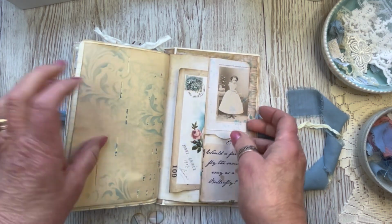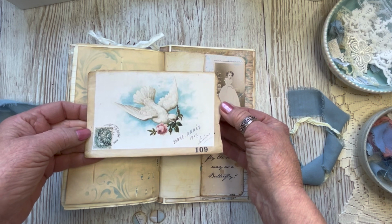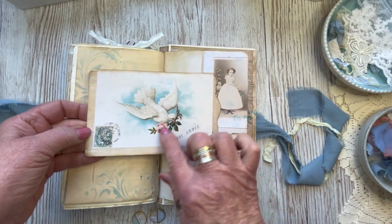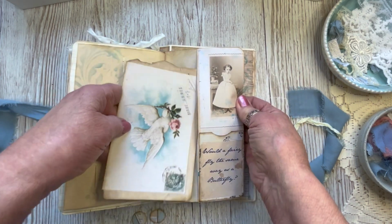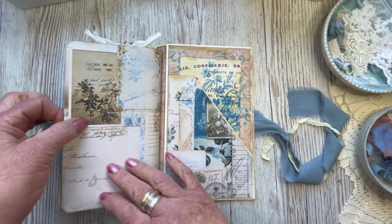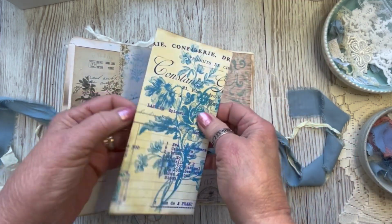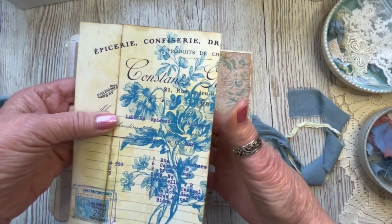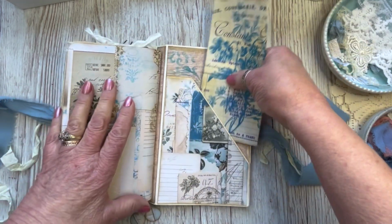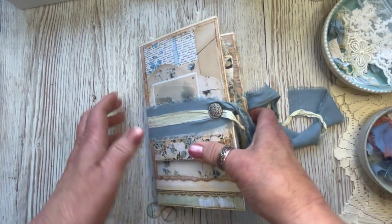Turn it over. Have a side tuck that holds a very pretty postcard with a dove, beautiful rose in its beak, and a journaling spot there. Back page just as a side pocket that holds another invoice, a French invoice, and that pops in there. And that is the end of this very pretty